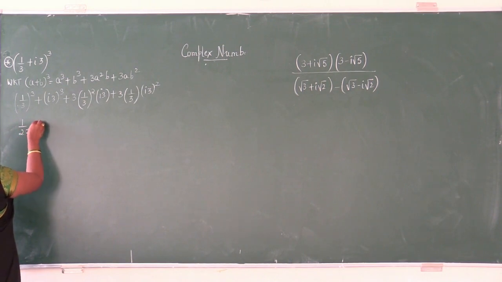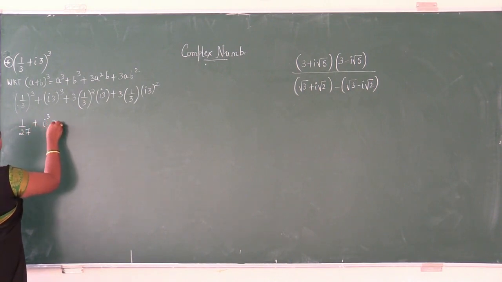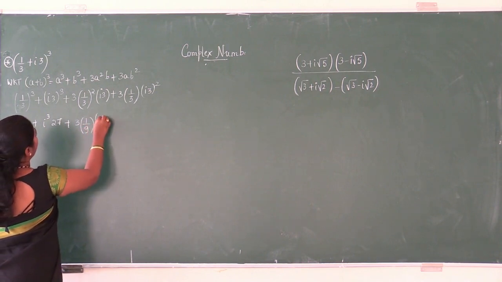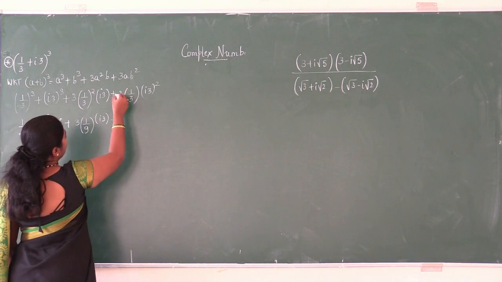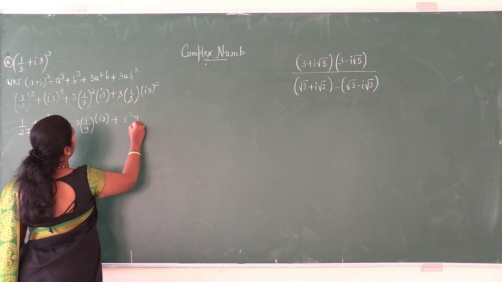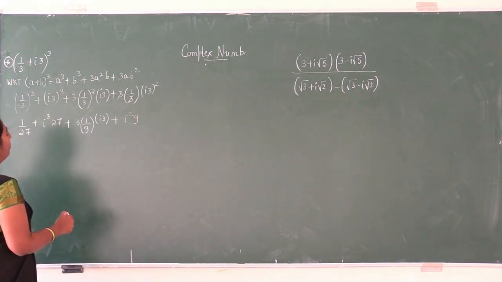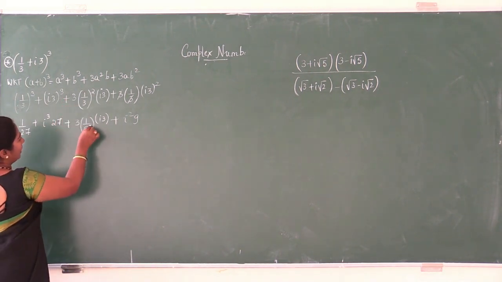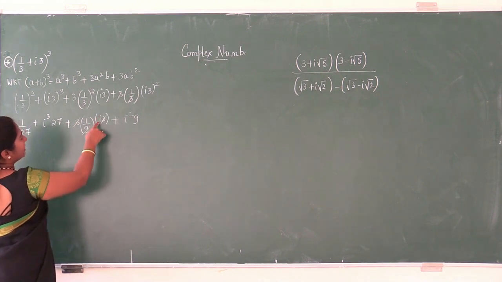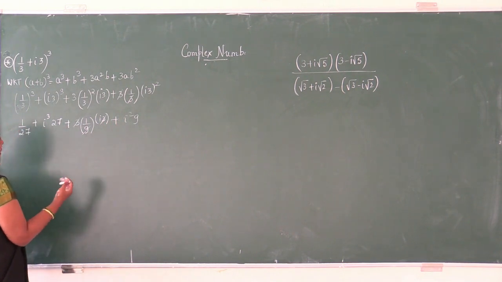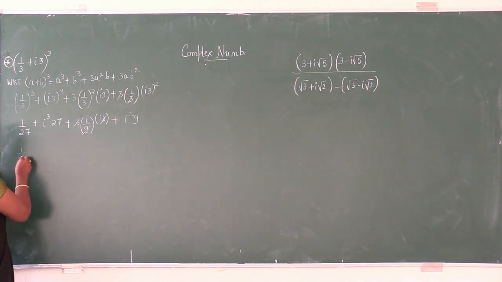1/27 plus i cube into 27 plus 3 into what is (1/3) square? 1/9 into i into 3 plus, directly we can get 3 and 3 cancelled. What remains now? i square into 9. When you square it, it is i square into 9. (1/3) whole square is 1/9 again. So 9, 3 and 3 can be simplified. What remains in the numerator is i. 3 and 3 get cancelled. What is i square into 3 square? i square into 9. Now this is 1/27 as it is.